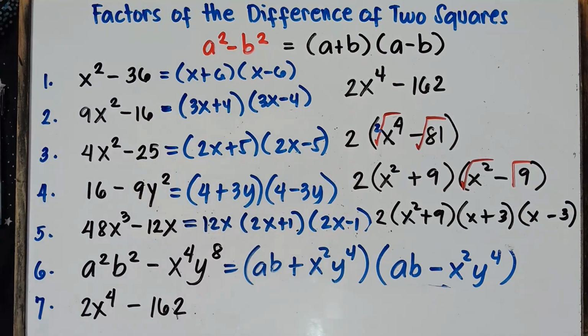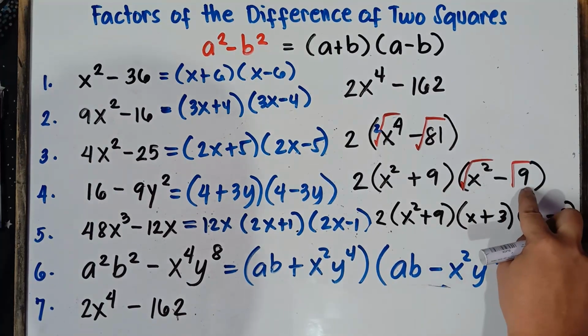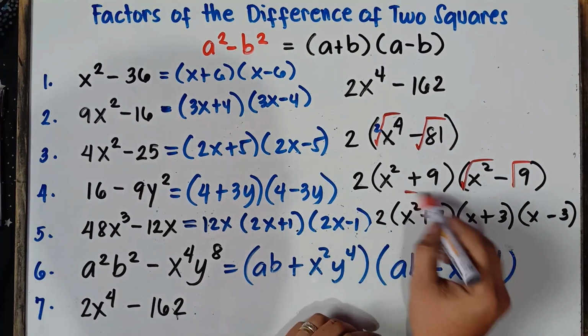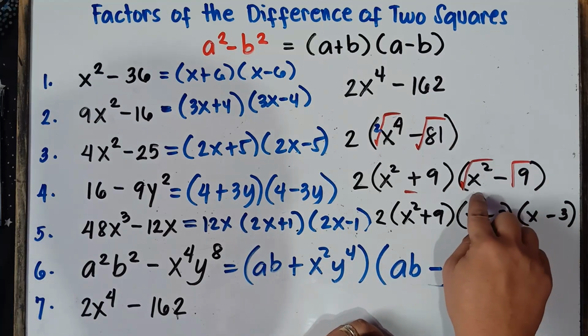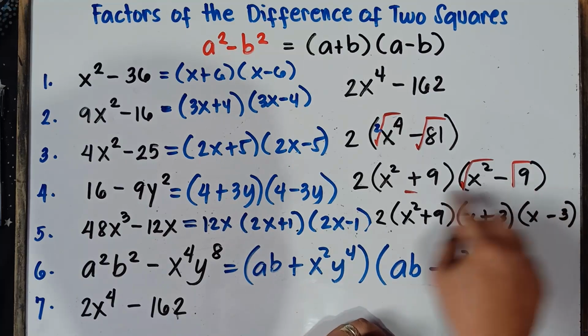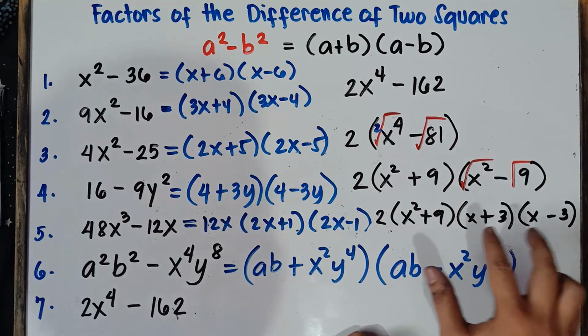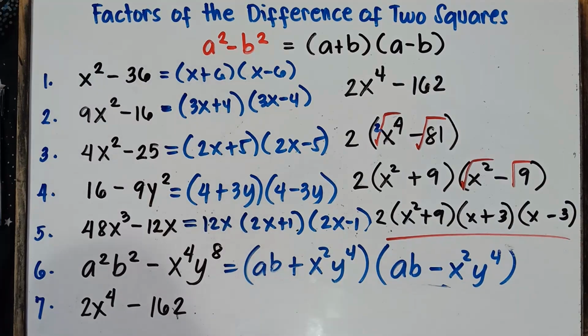Once again, class, I hope it's clear for you. We still have another difference of 2 squares. This is a perfect square, this is a perfect square. In this scenario, class, we cannot apply difference of 2 squares because this is a plus sign. We can only apply it if we have a minus sign, and the first term is a perfect square and the second term is also a perfect square. So that's why we can still simplify this one. Our answer, we have x plus 3 and then x minus 3. Is this our final answer? Yup, this will be our final answer.